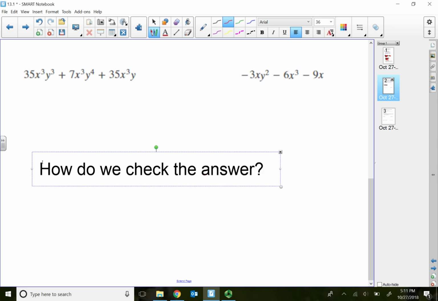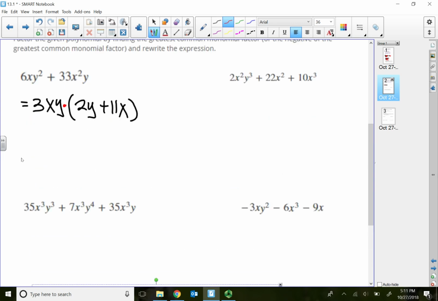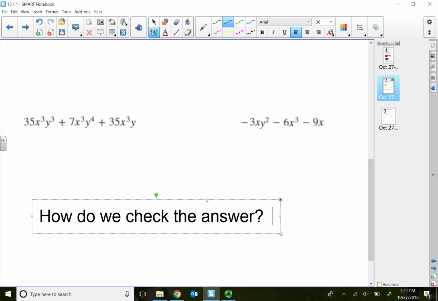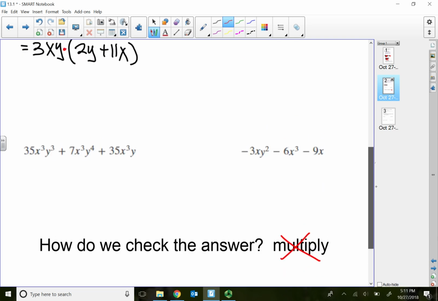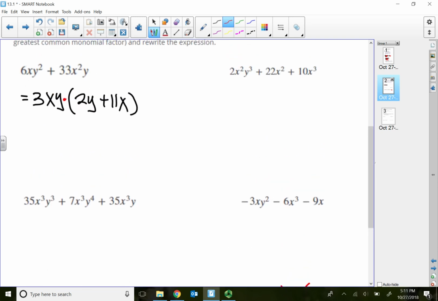Most of the time teachers teach to check the answer by multiplying back out, or doing distribution. That is actually not 100% accurate. Rather than multiply, the way you check whether you factored completely or not